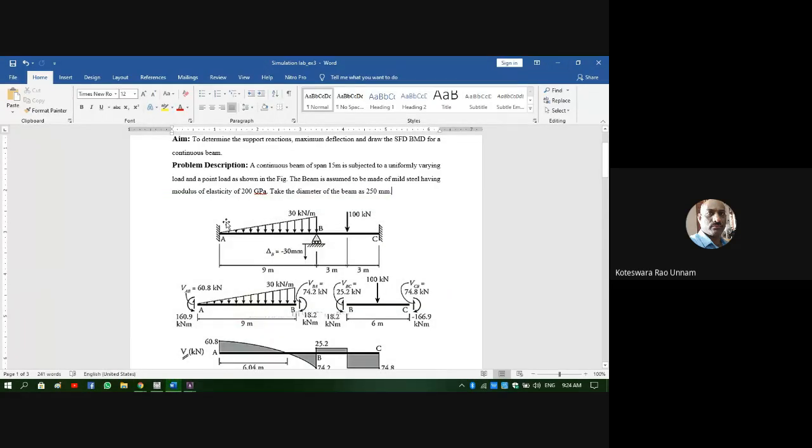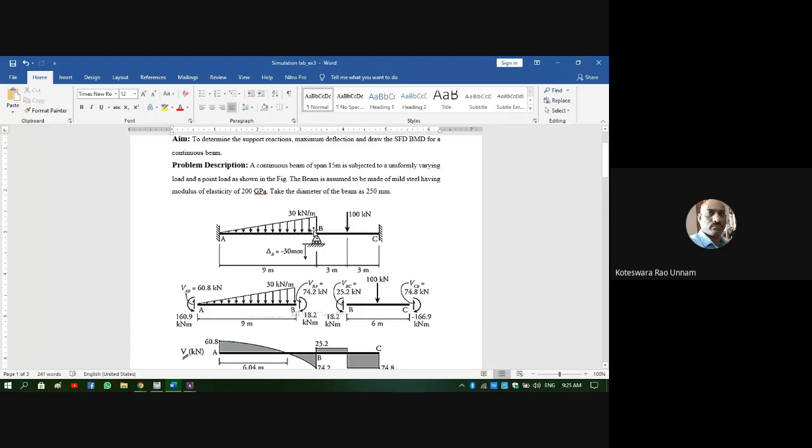Now once you've done that, I want to model this problem in the software. To do that, again we'll use the indirect approach. That means first I'll create the geometry, then I'll create elements and nodes from the geometry. To create the geometry, first I need to create the key points. First I'll take one key point at A, and for span AB I'll take one line, and if I take a midpoint, let us say this point as D, B to D one line, and D to C one more line. That means I will divide this entire beam into 3 line segments.